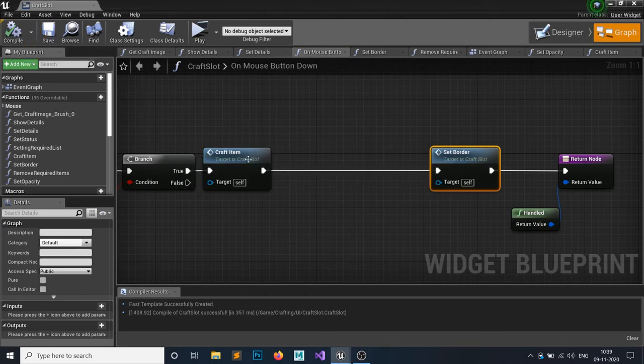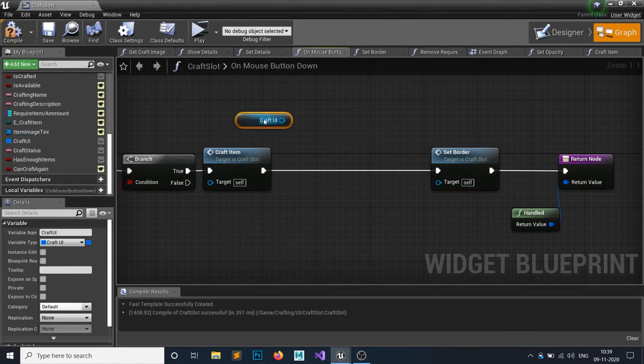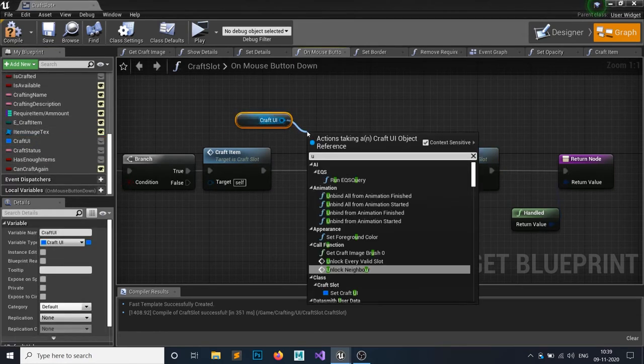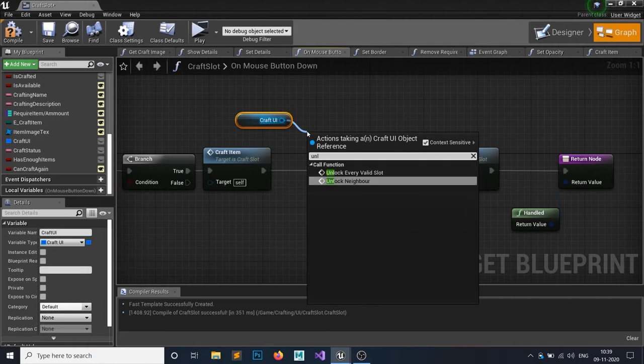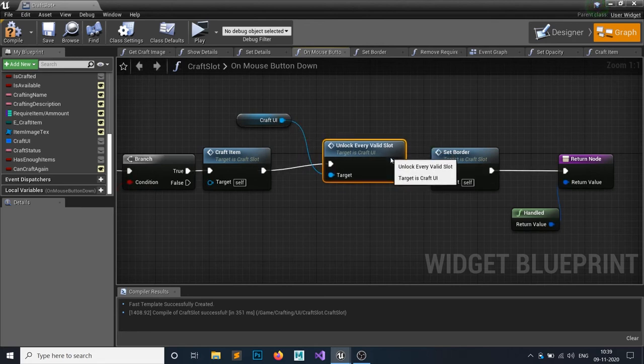And what else, I need to unlock every slot. So grab the crafting UI and unlock every valid slot. So it will simply unlock every valid slot.